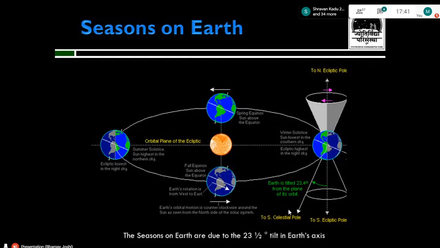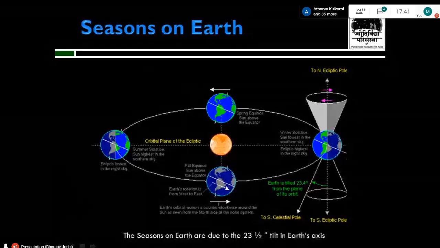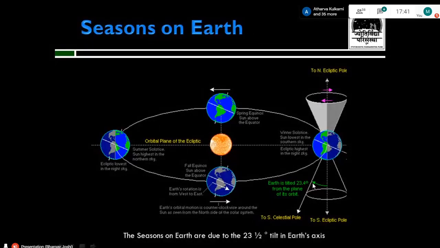So now let's take a look at the picture in the front. Now let me tell you, this is not a scaled model. As you can see, the sun is shown smaller than the earth. This is called a diagrammatic representation, or rather a schematic, for us to understand the astronomy behind it. This is not a scaled model, and this is just a diagram. Okay. So now in this diagram, let's try to focus on the image on the right. We can see the earth with a cone on both the sides. As you can see, the earth is tilted, and the tilt is shown here, 23.45 degrees with the green arrow.